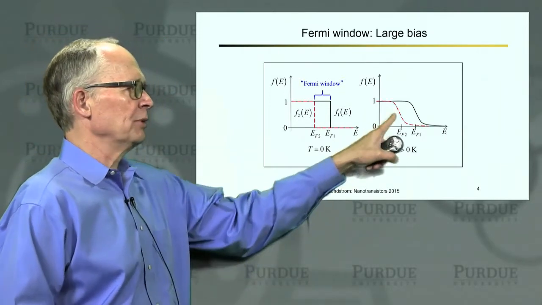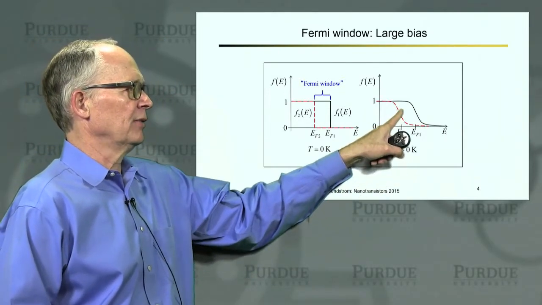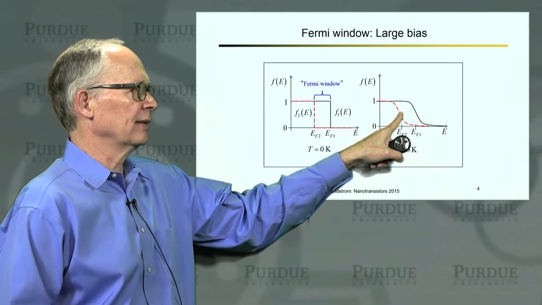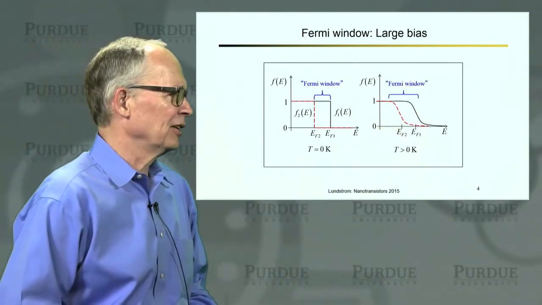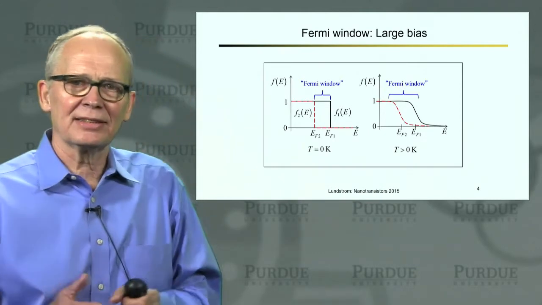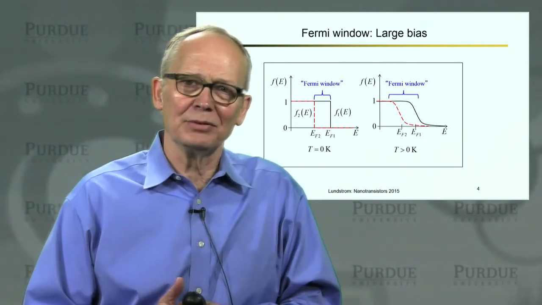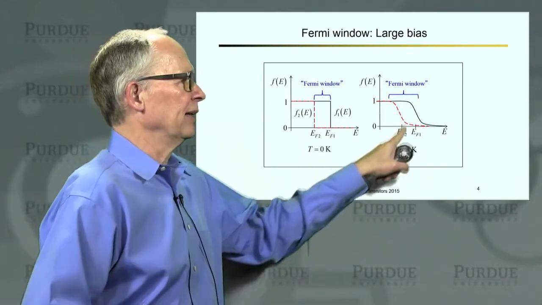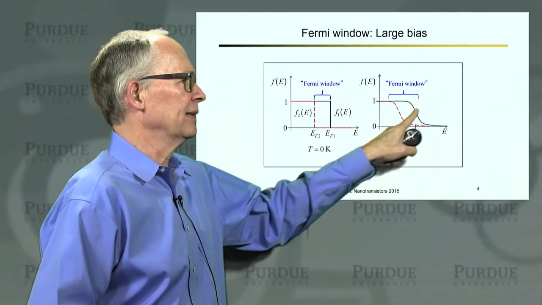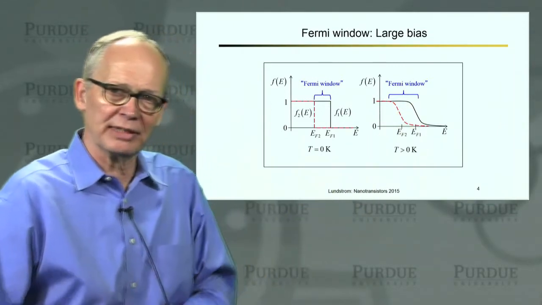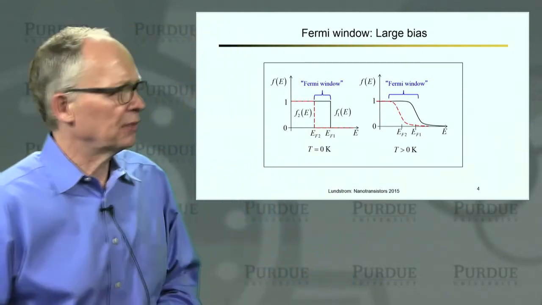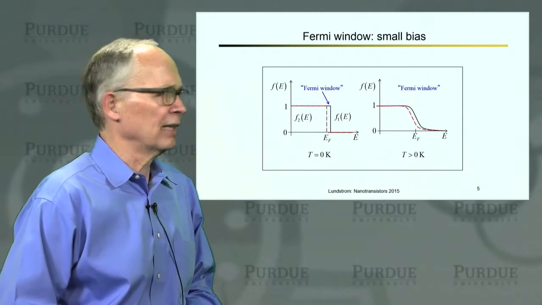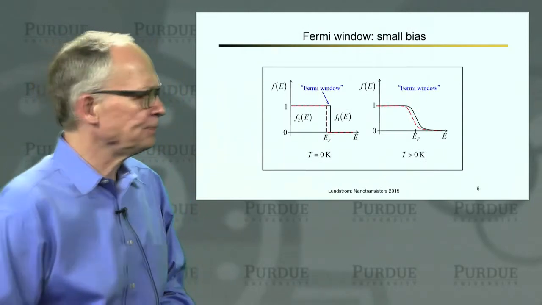Now, at room temperature, if I pull the Fermi level of contact 2 down with respect to contact 1, I'll just pull everything down. The transition is not an abrupt one, but there is still this region of a width depending on the bias that I've applied and the temperature, which smears out the transition. I'll call that the Fermi window as well. So that's what the Fermi window looks like when there's a fairly large bias on contact 2.